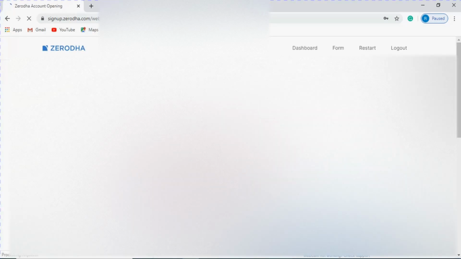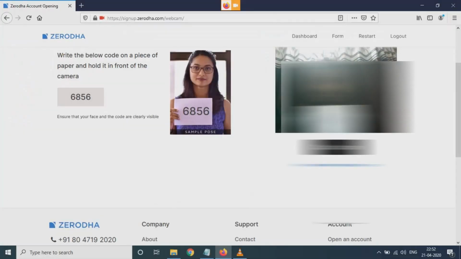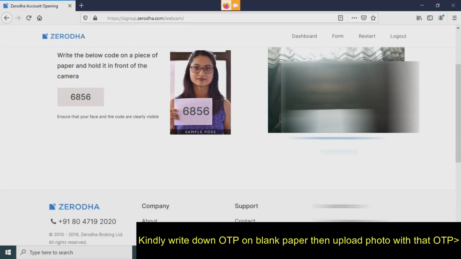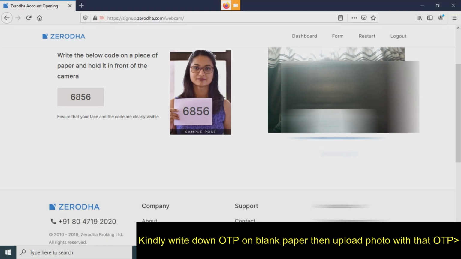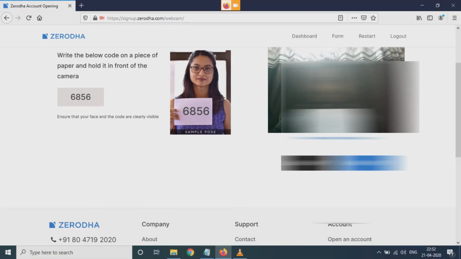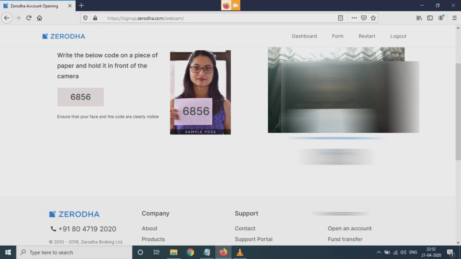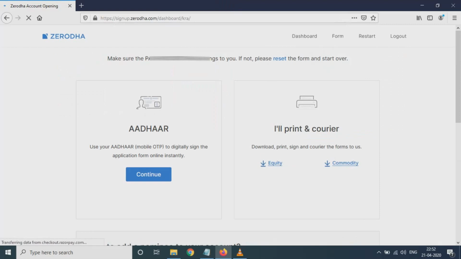Here we need to upload our photo, with the OTP that you are seeing on the screen. You just have to write that OTP on the paper and you can upload that photo. On this screen we will click on the Aadhaar.